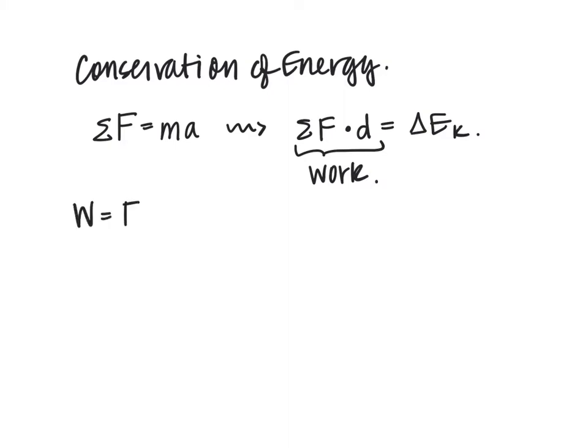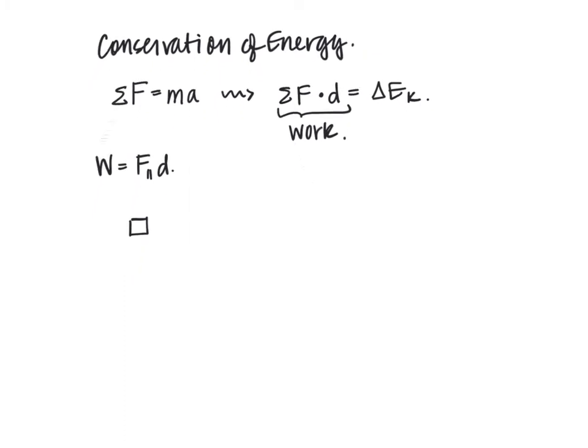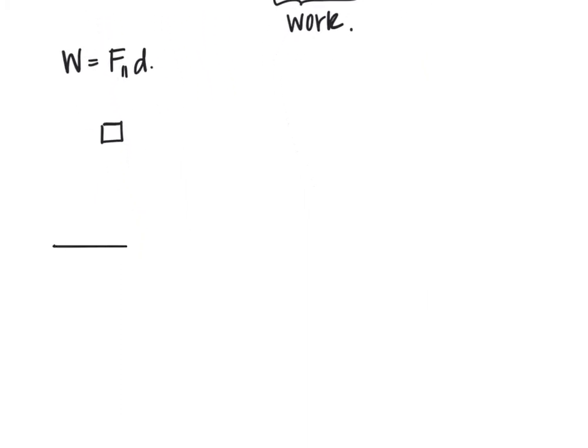So work is equal to the force that's parallel to the distance times the distance. So let's look at an object. It's on the planet Earth. So I'll put the Earth down here. And so this object is mass m, has a gravitational force acting on it straight down. And if we drop the object, the box,